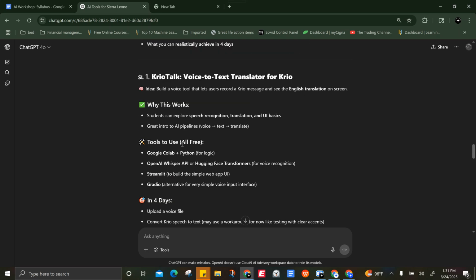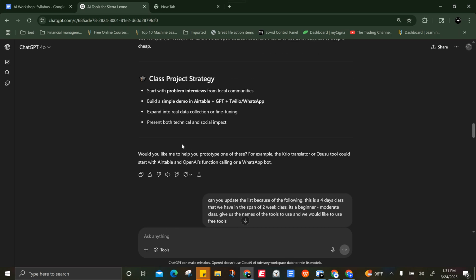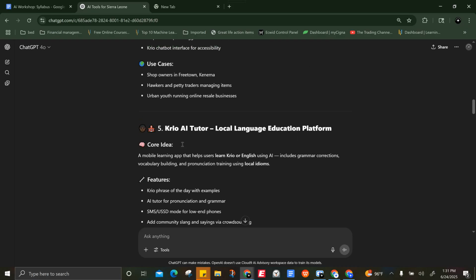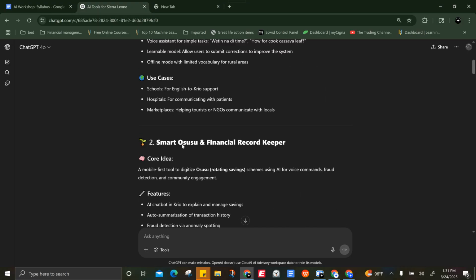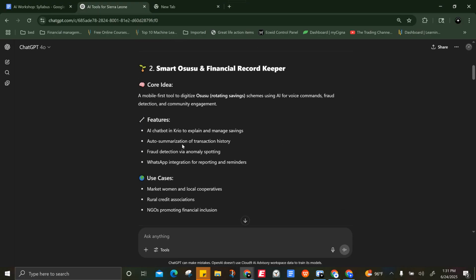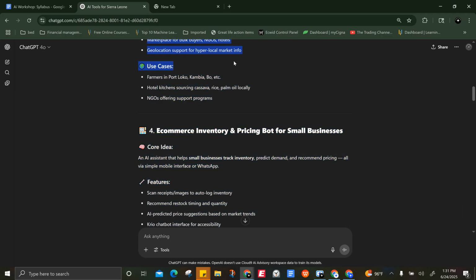We can build on the Osusu. So I think between now and next class, I wonder if it has other Osusu. Was there another Osusu one that came up in this big one? Smart Osusu. Let me see what this one was. We could just build on the Osusu and then